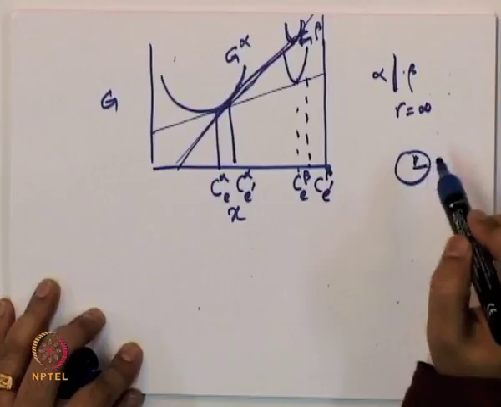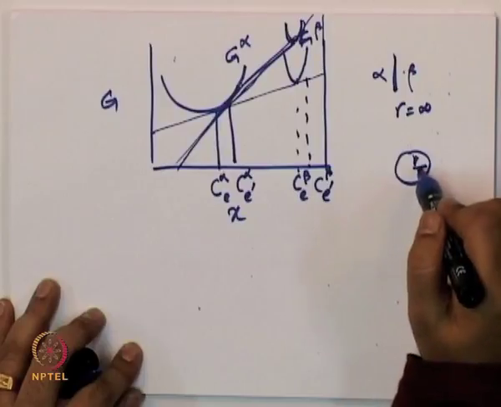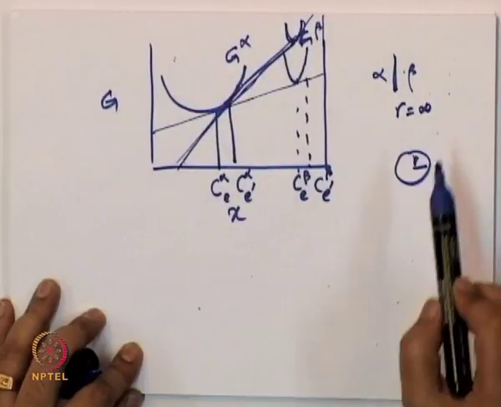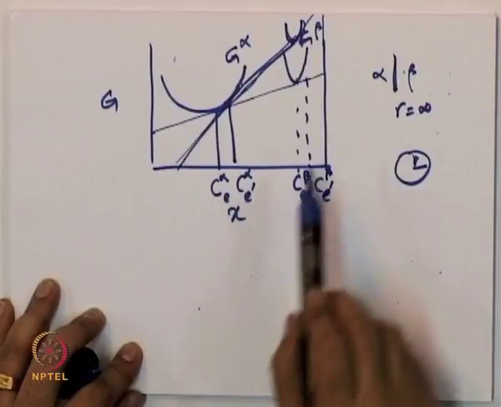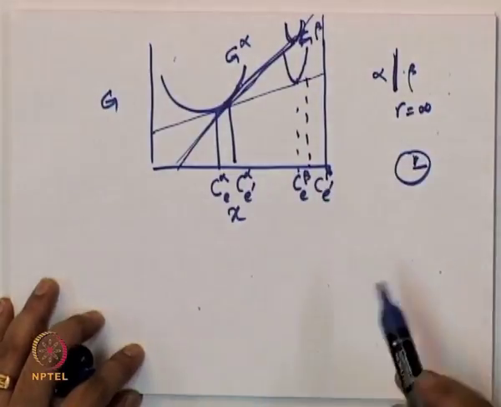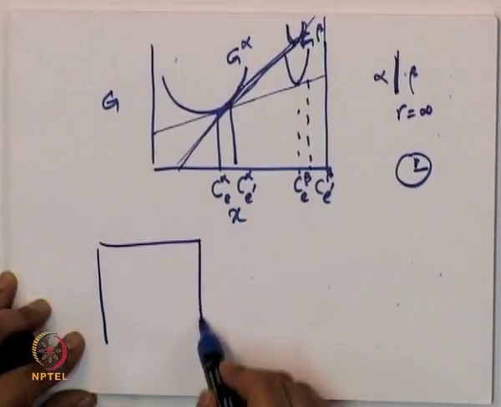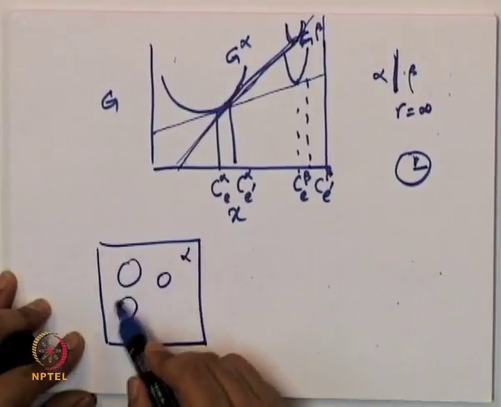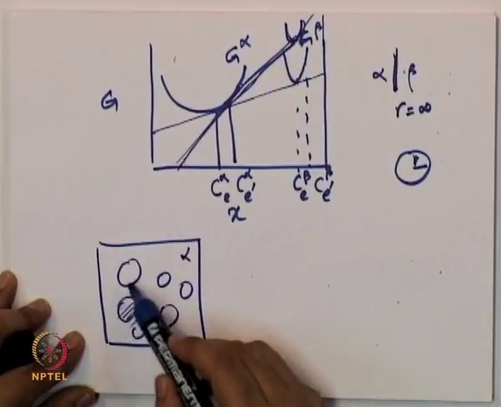So, any precipitate which has a radius R or a radius of curvature 1 by R will have a composition in both beta and alpha, which is higher than the equilibrium composition it would have if the interface is planar. Now, this is what also explains what is known as coarsening. Coarsening is when, for example, you have an alpha matrix in which you have lots of beta precipitates, right.